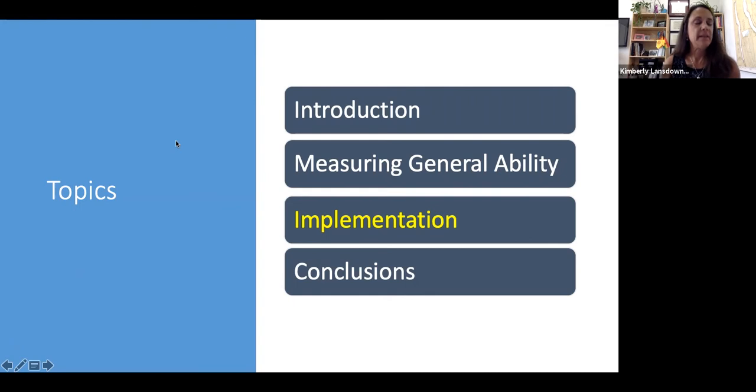So, Dina, I know that you're going to talk about implementation, but I think it's important to just pause right here and have a quick clarification moment of this paradigm shift that we've talked a lot about. And many programs across the country identify on those things that Jack just said don't really exist, or we confuse them. So students that qualify on a quantitative reasoning portion of an assessment, generally we move those kids into an advanced math program, or kids that qualify on a verbal, we put them into a higher level math program, or